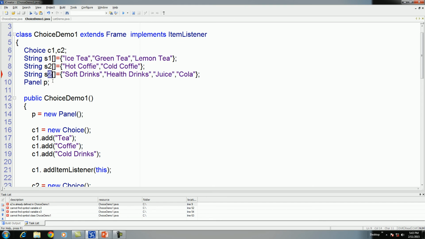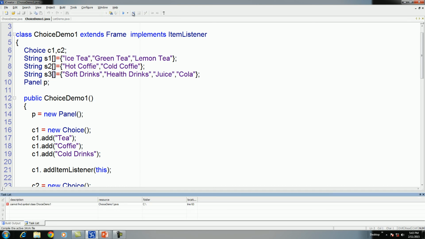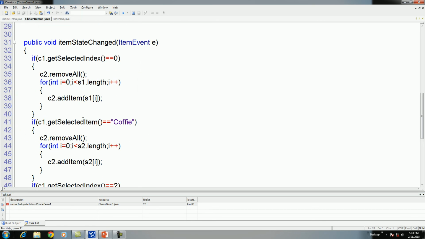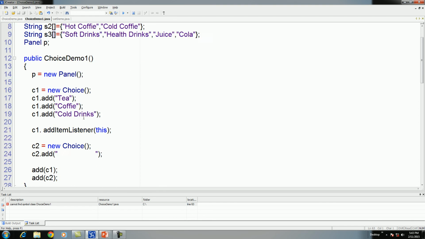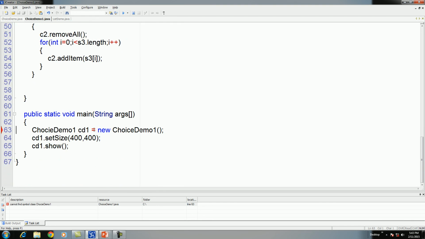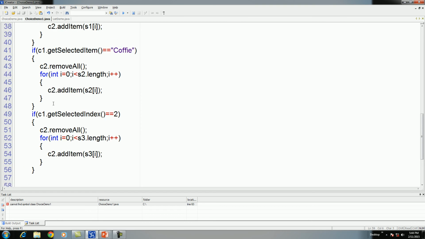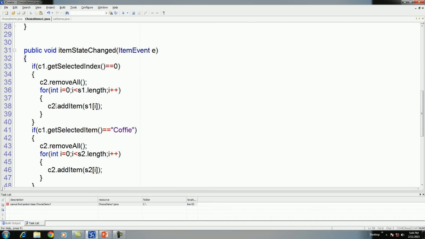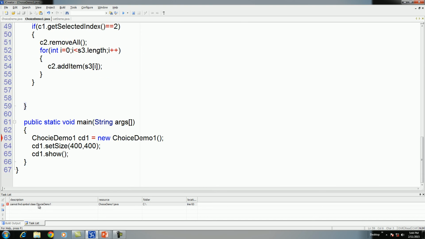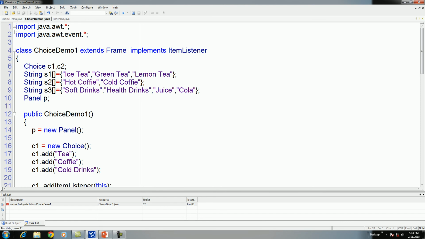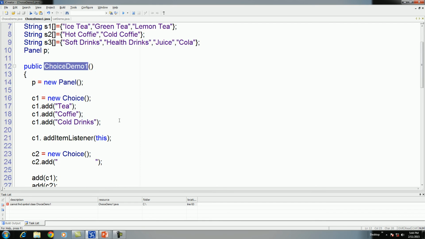Oh, correct this. Choice demo 1 is right.